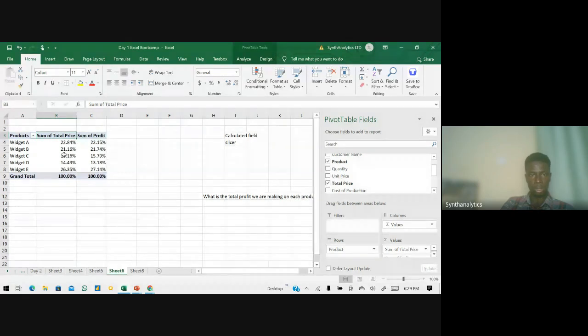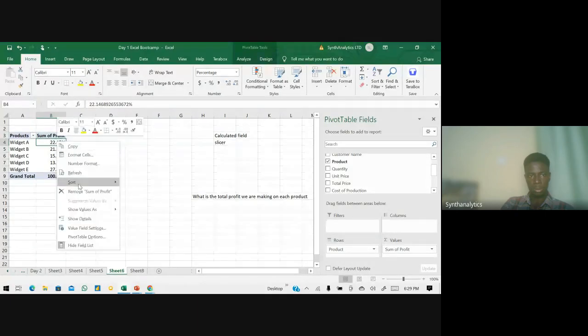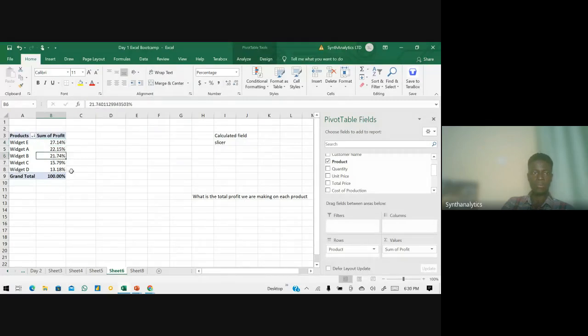Okay, so now we can see that E is giving us the highest profit over here. We get A contributing 21 percent.